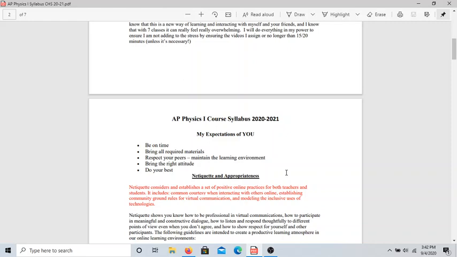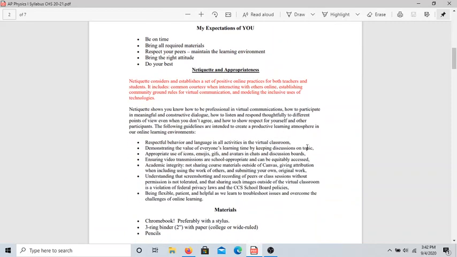All right? Now, etiquette and appropriateness, there's a bunch of things that administration sent out for us to give to y'all as well. This is one of those things. So it just goes back to the idea of what is respectful, what is appropriate in an online environment. Y'all pretty much know what that looks like. So just go through and read it. Just don't do anything stupid. Don't do anything that's offensive. Don't do anything that would demean someone else's experience. That's all that really matters here, and that's what we're looking for.